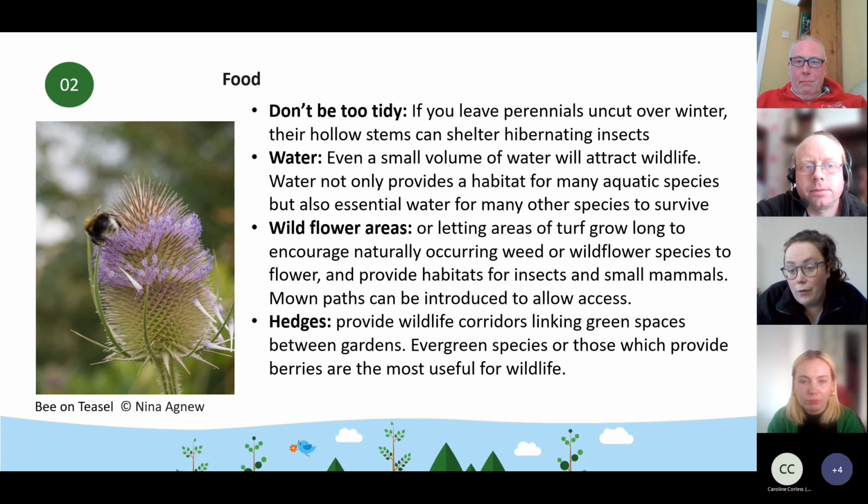They produce flowers in the spring and the summer, so they're benefiting our invertebrates like our flying insects. And then in the winter they produce berries, which the birds can feed off. They also provide good shelter for things like small mammals. So they're a really beneficial thing to think about in your green space.